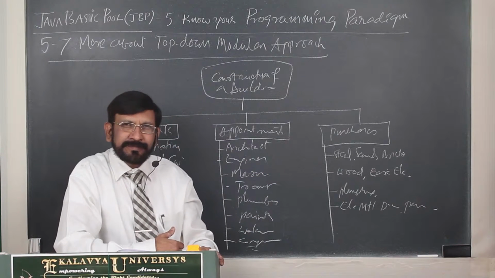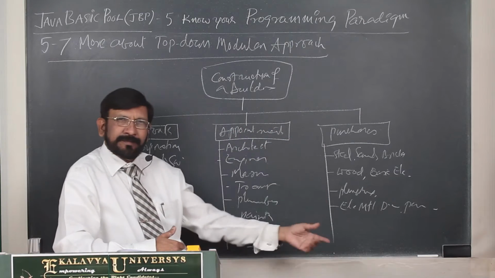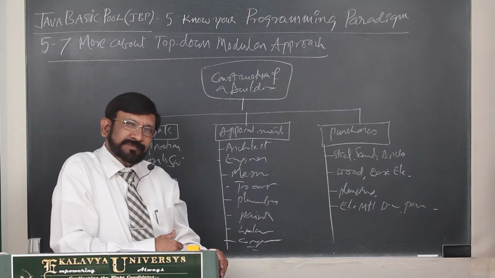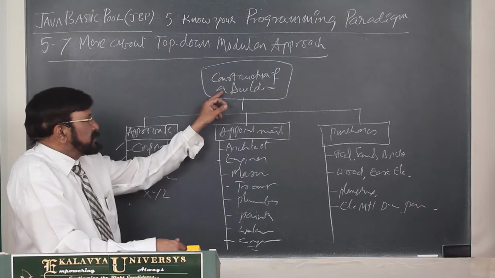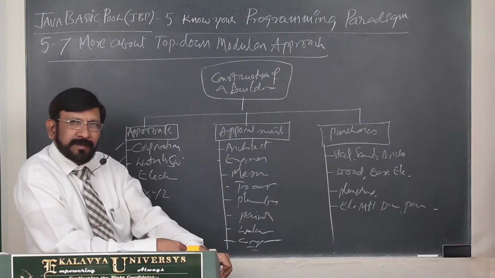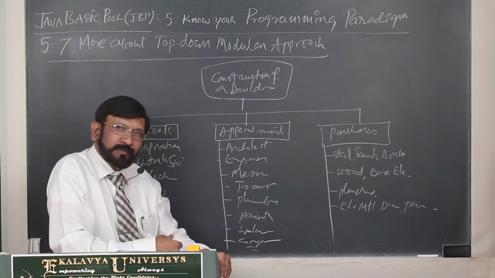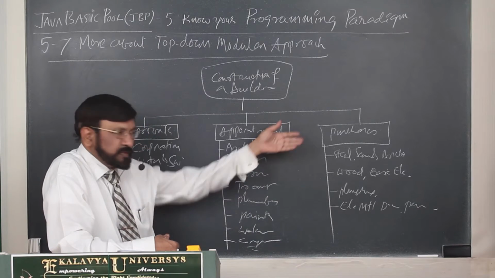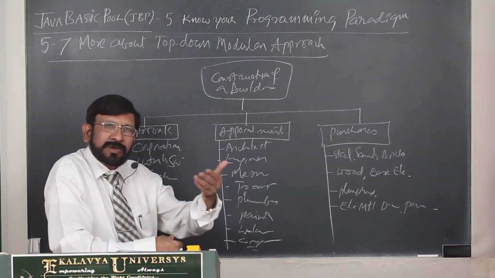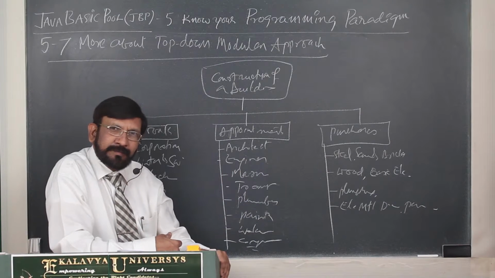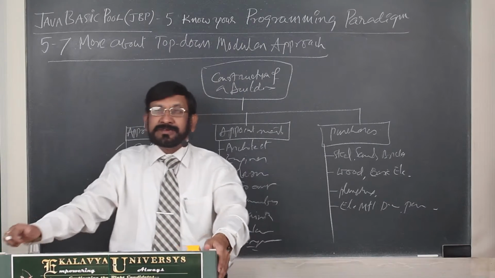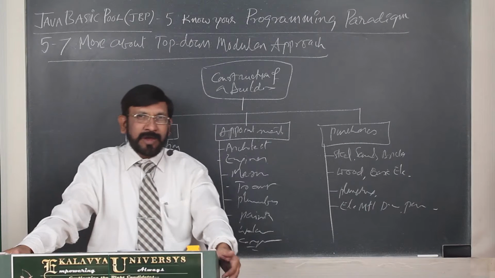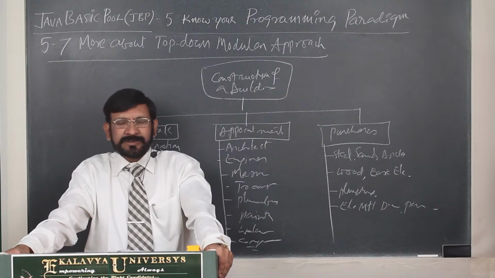Physically things are implemented. Obviously, because of this diagram, you can control the activity. This is the spirit of a top-down modular approach. If you want, you can try this type of chart for organizing a marriage in your home. That is a more sensitive job. In this project, if any lapses are there, you incur some loss or extra cost. But organizing a marriage function is very sensitive, and you have to organize it strictly according to a schedule. Many delicate, sensitive elements are there.